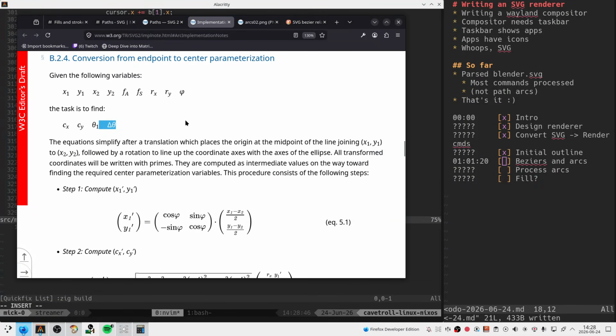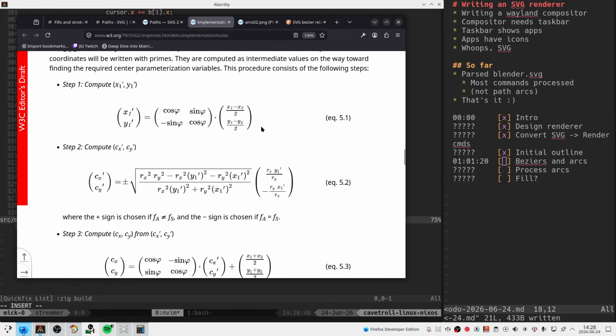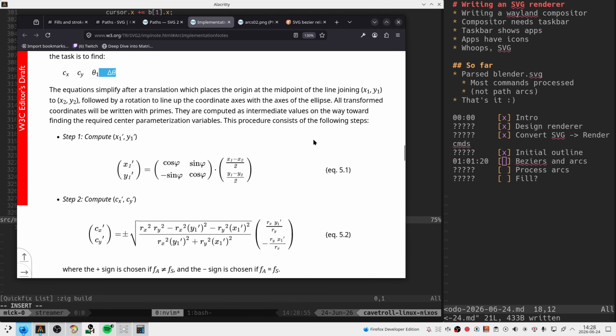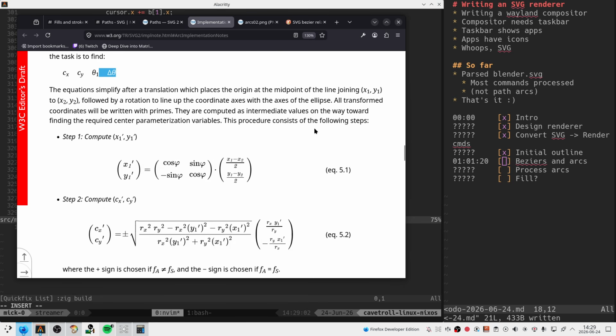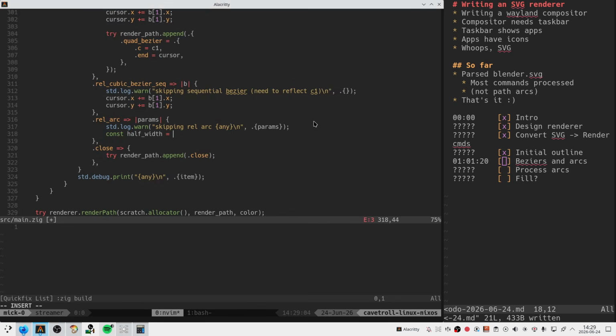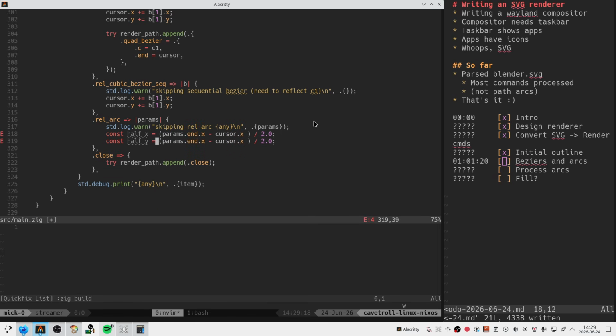Okay, so when we see this rel arc, what are we doing? We want this. So we'll say half width. Well, what is x1 and x2? These have got to be start and end, right? They've got to be. So we'll call this half x, I guess. All right. That's what this says. We have half y, which is